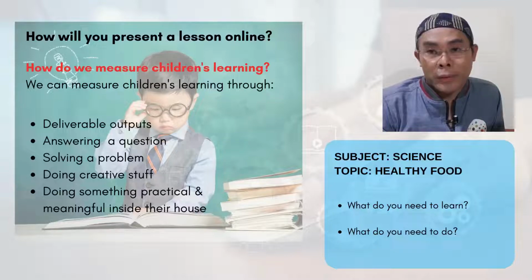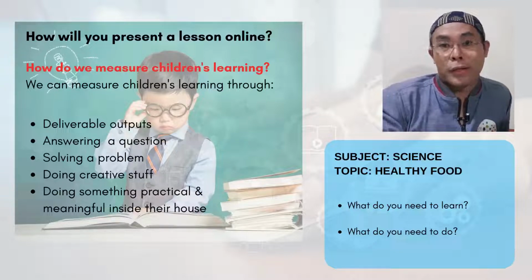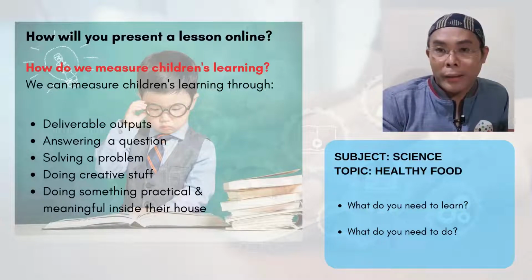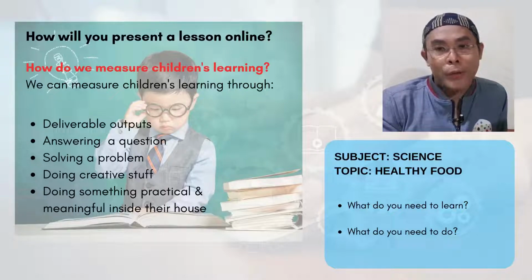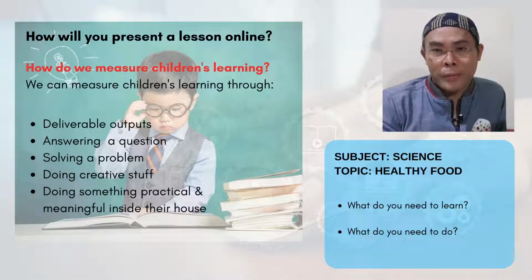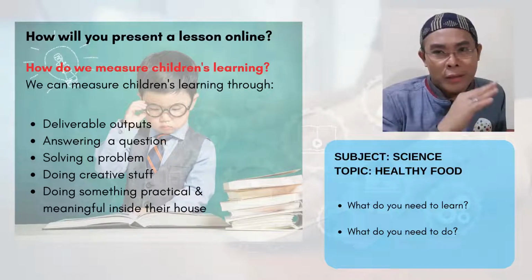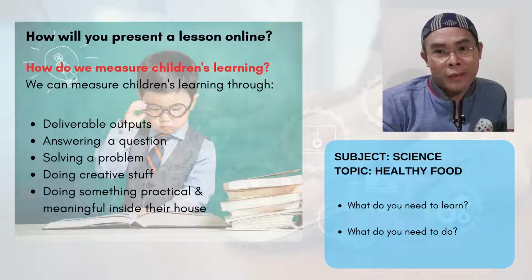Another crucial and essential part of planning is the assessment. How are we going to monitor? How are we going to measure the learning of children? We can measure the learning of children, or the output of children in terms of learning, by looking at some of these areas. It's only a few among the many examples, but these are the most fundamental that we have to look into or we can use.